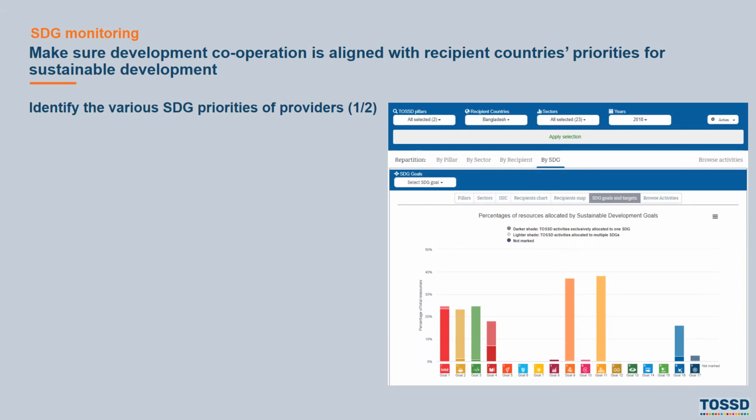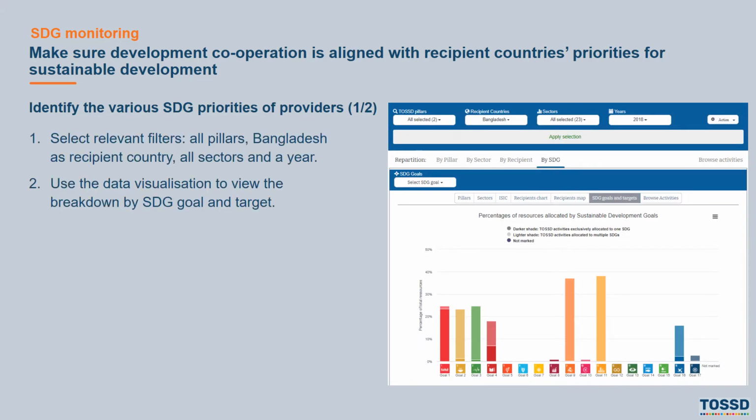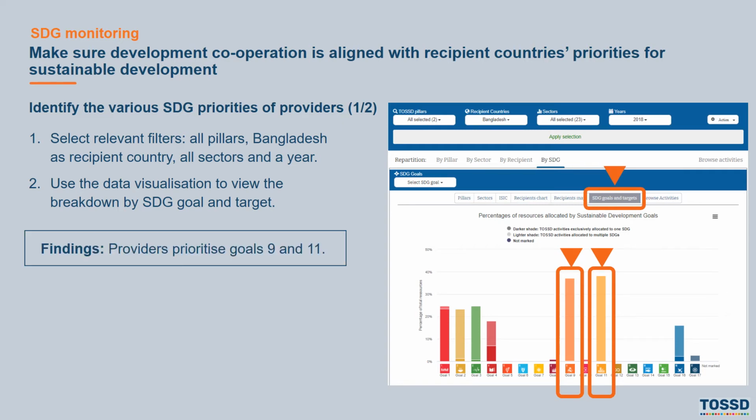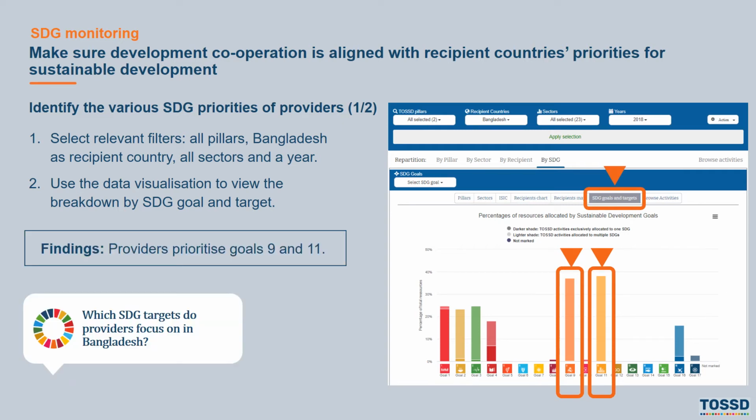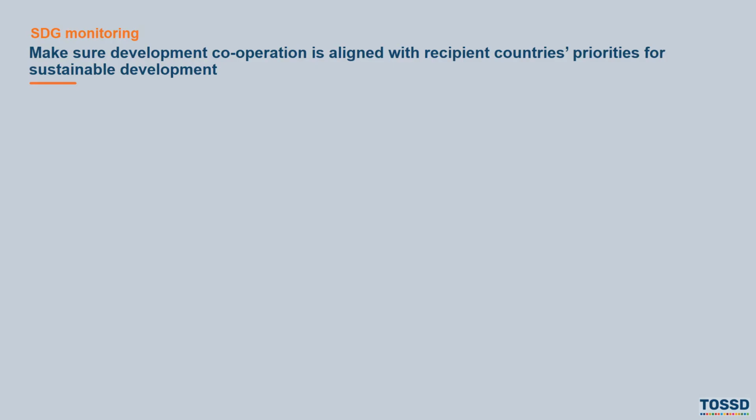We can select Bangladesh, all sectors, all years, and see which are the SDG goals and targets which are more supported. In this case, we can see that these are goal 9 and goal 11. Then, if we click on goal 9 and goal 11, is it possible to see which are the sub-targets